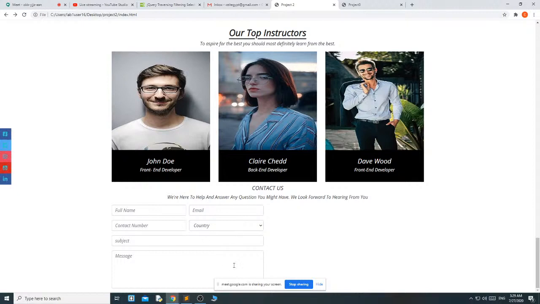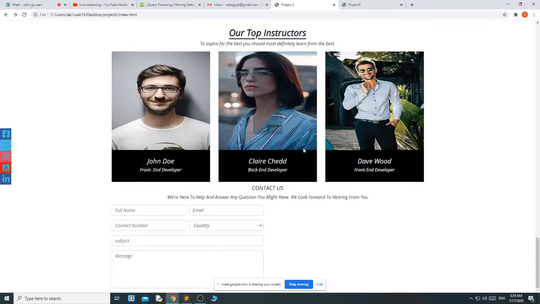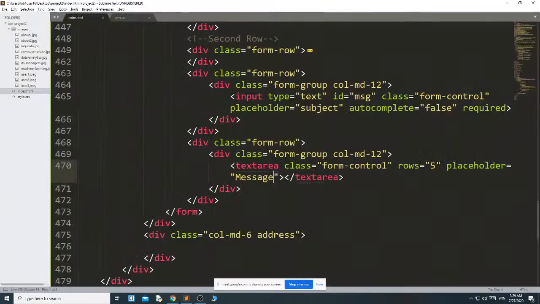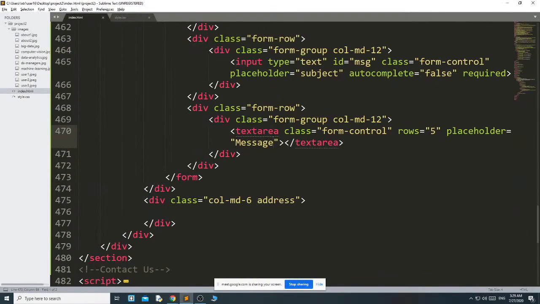Okay, this form part gets completed. The only thing is, I need one button. See this button. After this form row, I need another row.